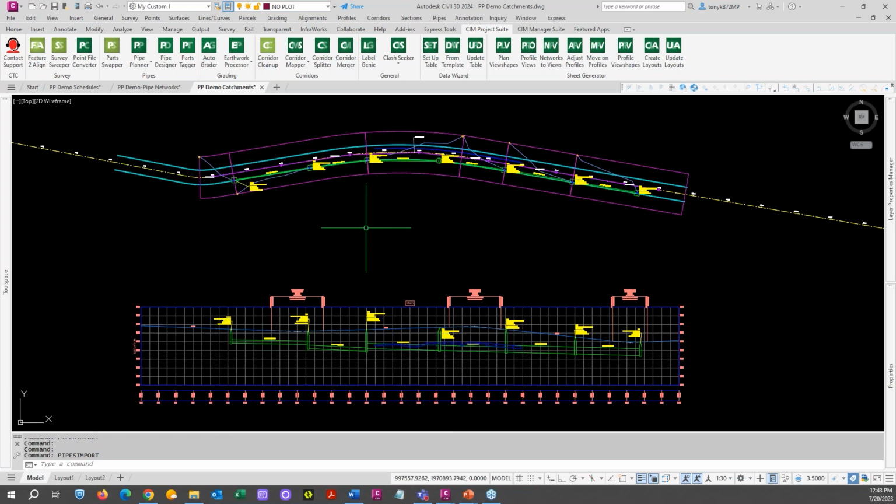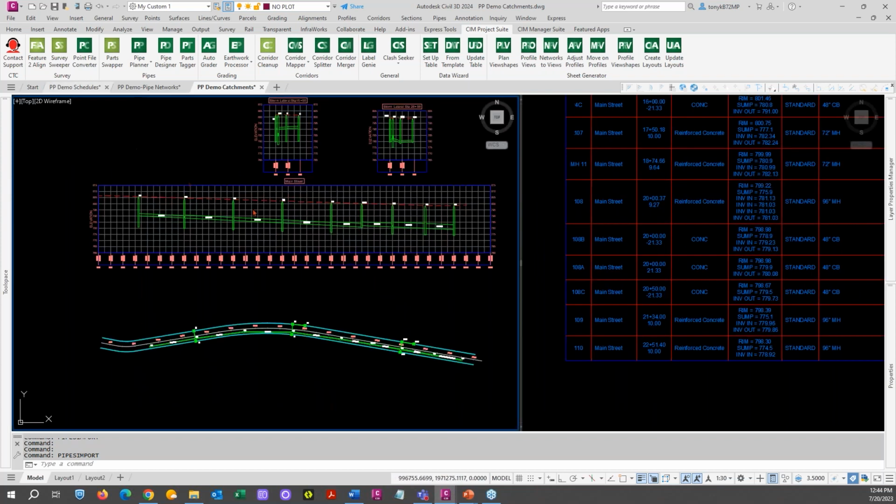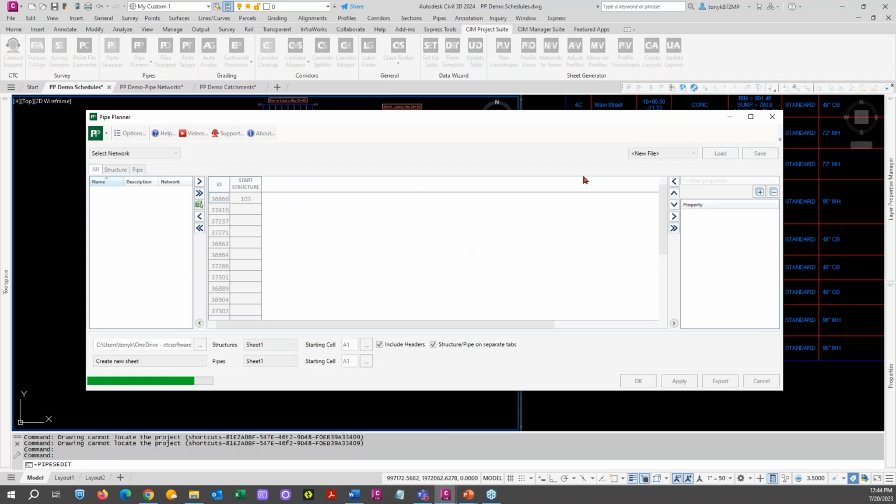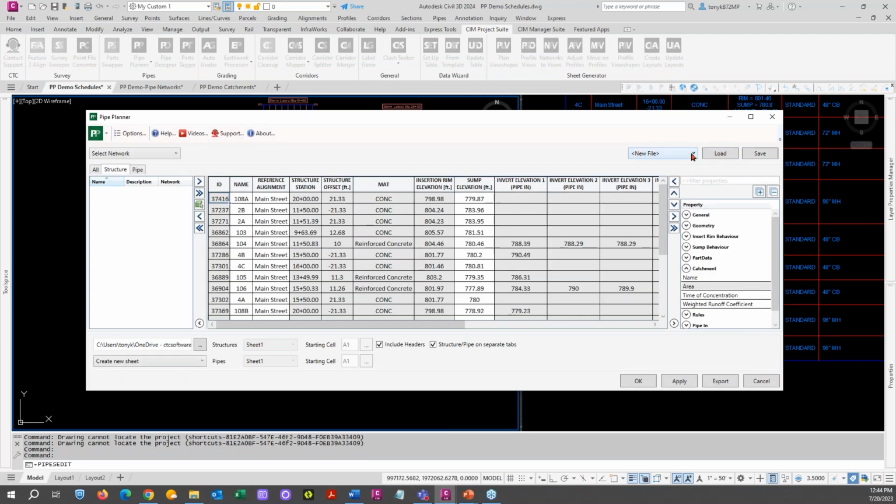So one more thing, we just want to show how we can easily do a staking report. And I have done this in another demo, so I'm going to make this kind of quick in the interest of time here. I'm just going to go ahead and load it from template. So I have a staking report already in here,